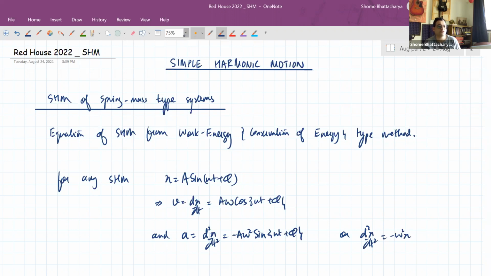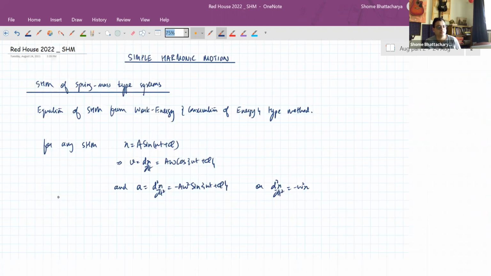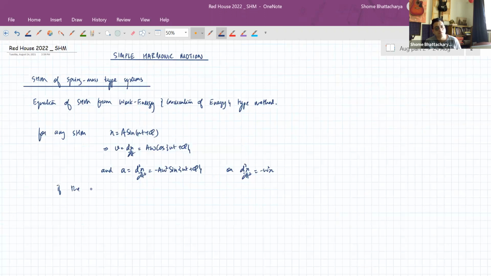From this relation we can understand that if the mass of the oscillating body